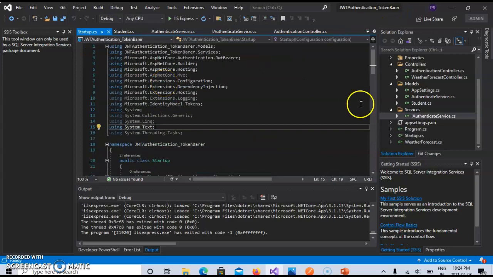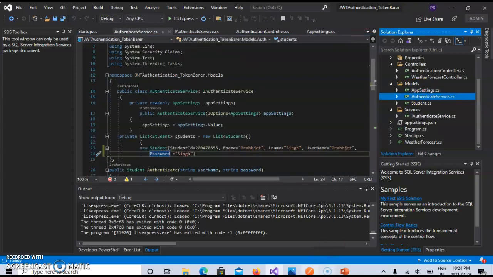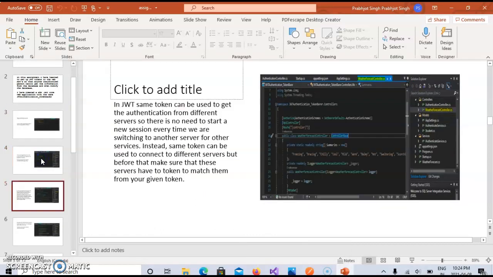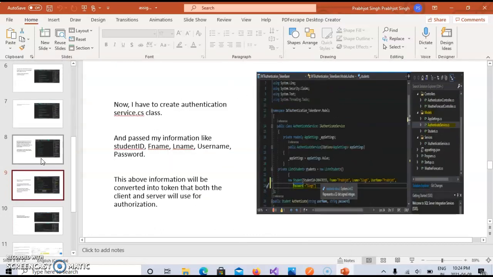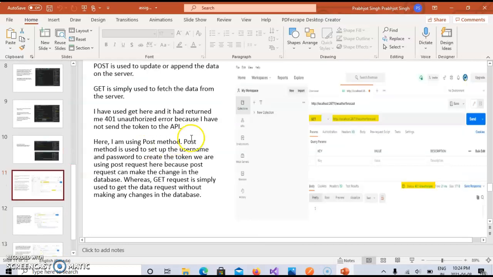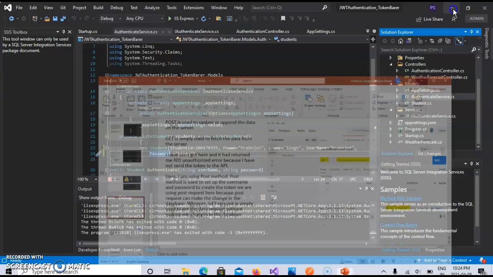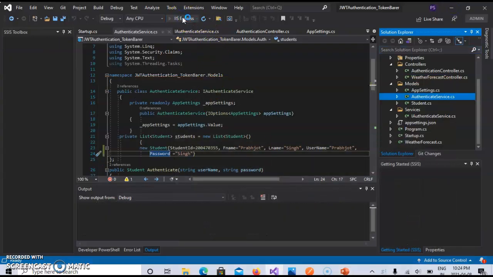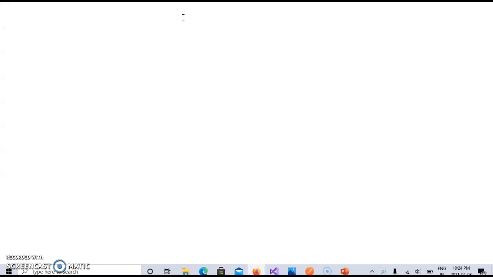What I have done is I have created different classes over here to run this application. I will attach my PDF file in the description below so that you can see how I set up all these files to get my web application running. So when my application starts running, I will run my project first over here. Let it get started.